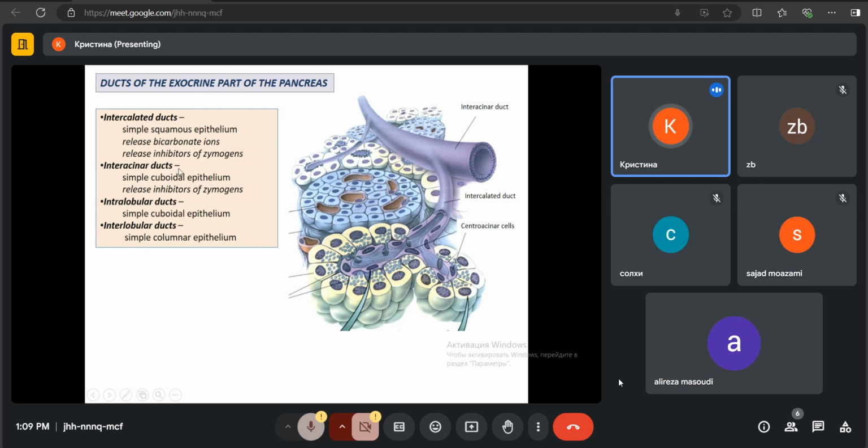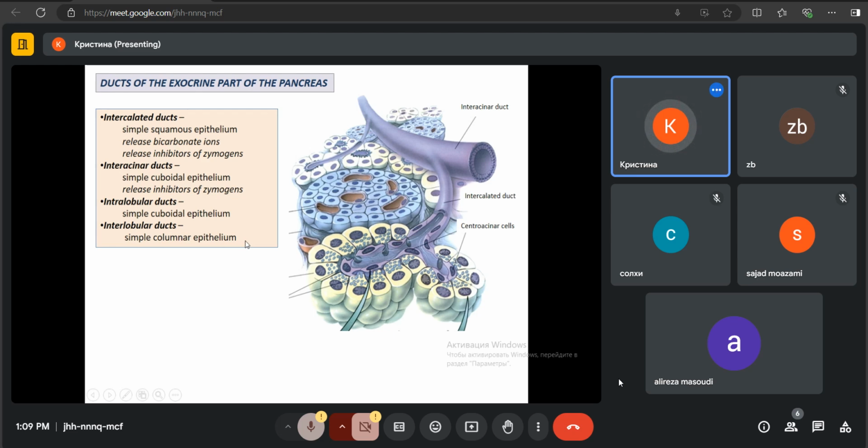Next, interacinar ducts. Interacinar means between the acini, between the secretory portions. It is composed of simple cuboidal epithelium without myoepithelial cells, and the cells of interacinar ducts also release inhibitors of zymogens. Next we'll go intralobular ducts and interlobular ducts. They are composed of simple cuboidal epithelium, intralobular ducts, and the largest ducts, interlobular ducts, are composed of simple columnar